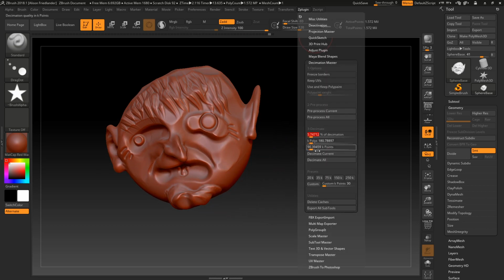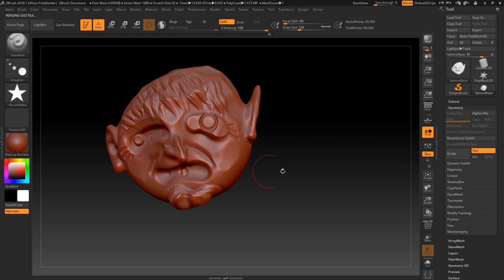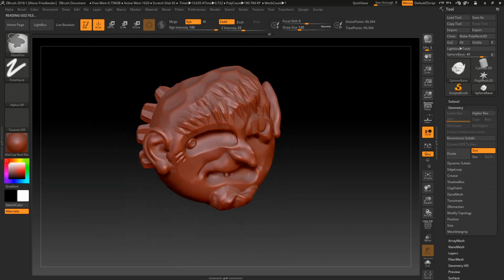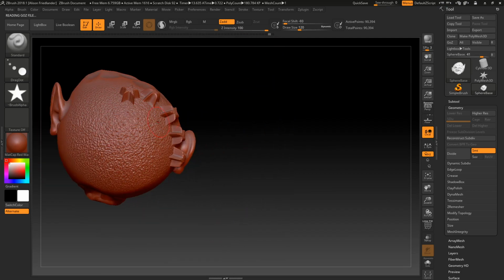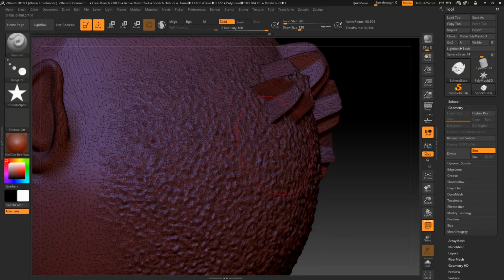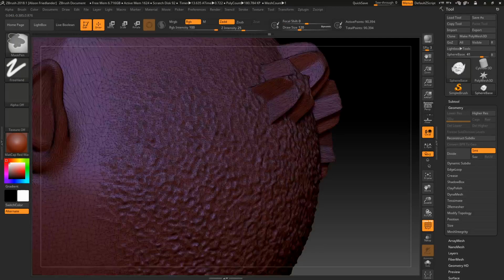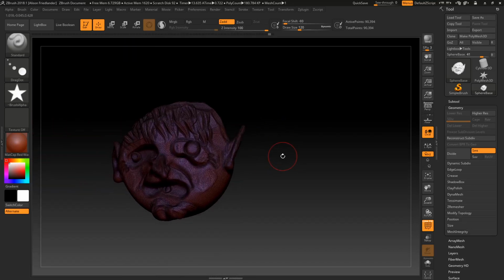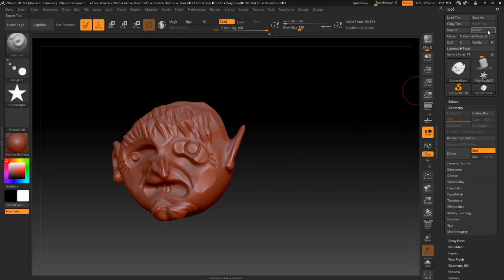And then if you want to modify it further, you can just mess with the slider, take it down. So we're at 90,000 polys, and it's still pretty much holding all this detail, which is pretty sweet. And again, it's focusing on areas of higher density. It's going to leave more topology there than on the side of the head or the random inside of this ear. So it's really handy. And then at that point, you should be able to just go ahead and export that mesh as a,